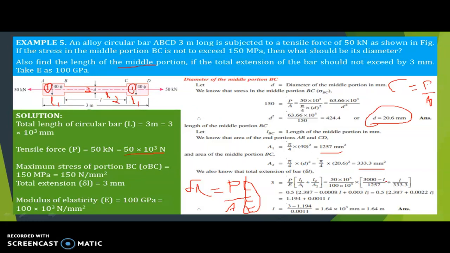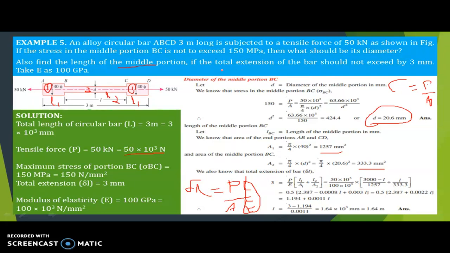So 3000 minus L, divided by 1257, that is the area A1. Plus, what is L2 now? L2 is this portion, that is L. L divided by A2. A2 is 333.3. Substitute here, simplify, and on the left side, delta L is equal to 3